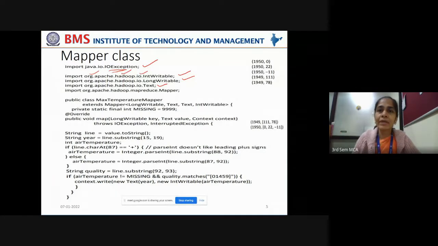In Java you have integer, long integer, and string. You remember? In the same way, Hadoop has IntWritable analogous to integer, LongWritable same as long int, and Text same as string. These are Hadoop data types.